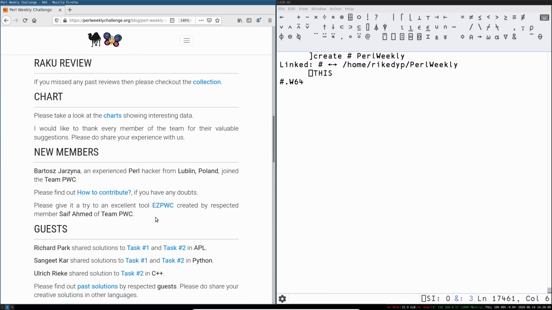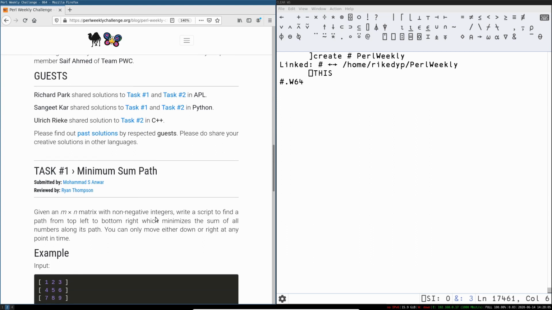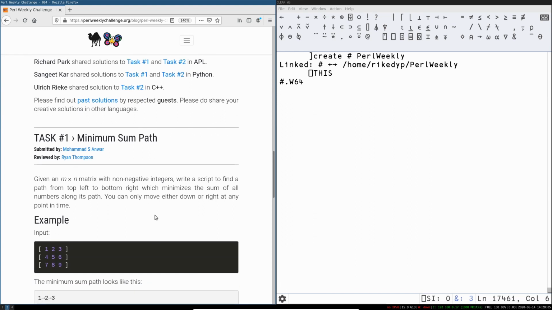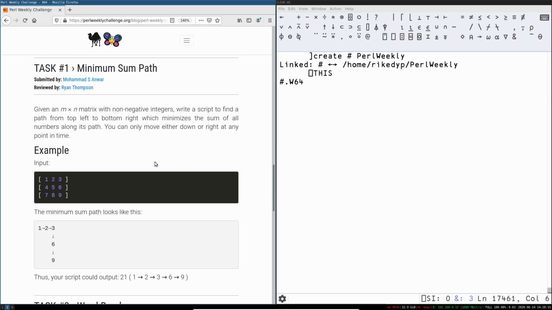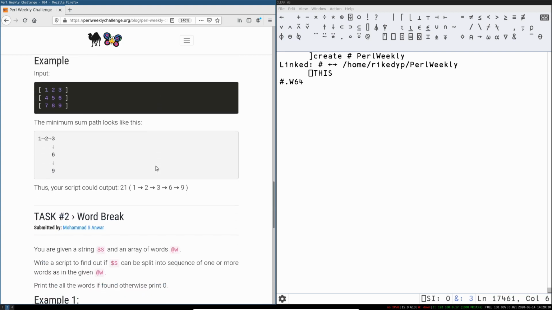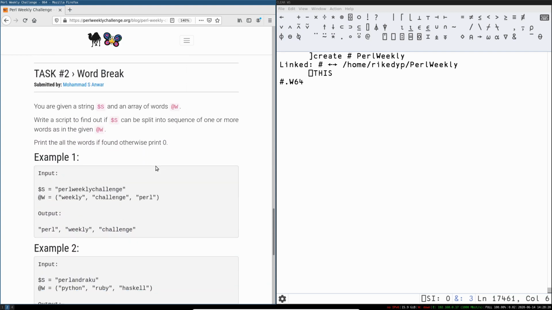I had a go earlier in the week solving the problems in APL. I realized an issue in one of my solutions today, so I fixed that in the minimum sum path solution. So maybe I'll be able to talk about my old one and now my new one. And then word break, I started looking into